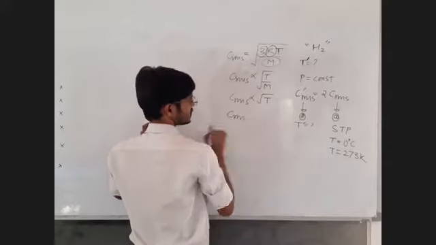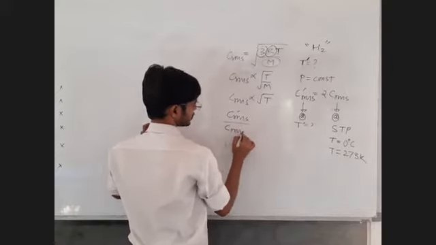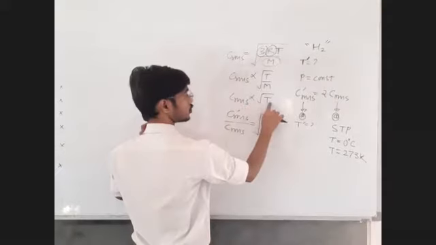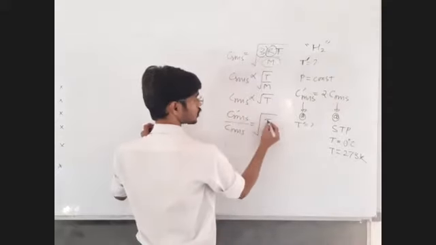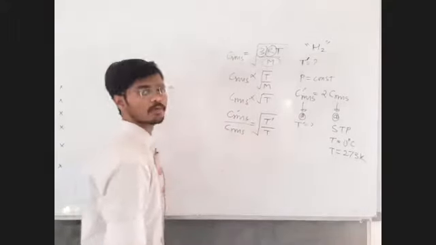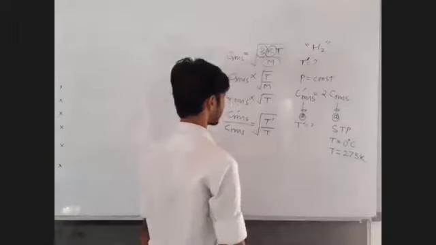So shall I write CRMS dash divided by CRMS, CRMS is proportional to root T. So CRMS dash will be proportional to root T dash and CRMS is proportional to root T. A ratio type of question. Deal with it on your own and tell me the final answer T dash fast.